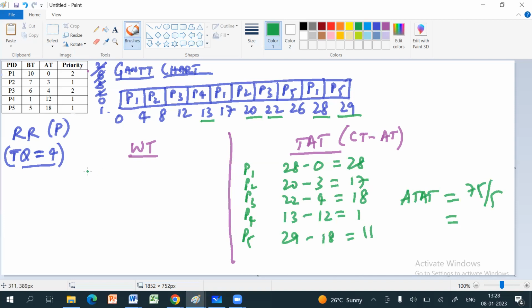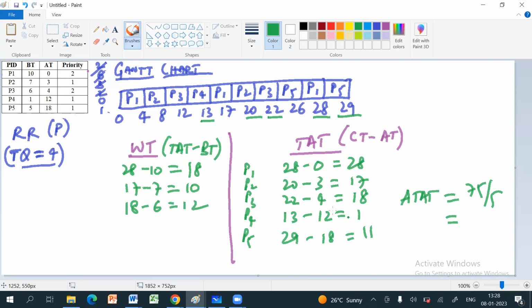So wait time again is turnaround time minus the burst time. So that would be 28 minus 10 is equal to 18, and then 17 minus the burst time, and then 18 minus the third burst time, P3 is 6, so that is 12, then followed by 1 minus 1 is 0, and then 11 minus 5, which is equal to 6. Again, sum of all